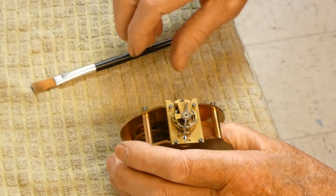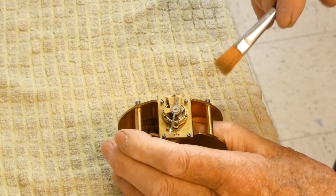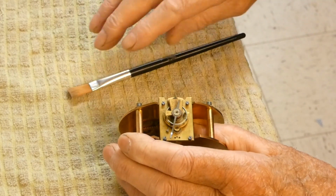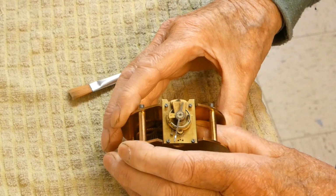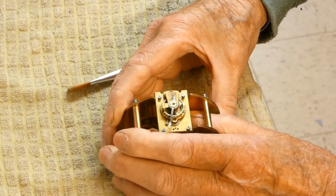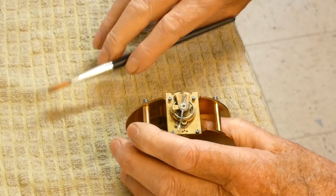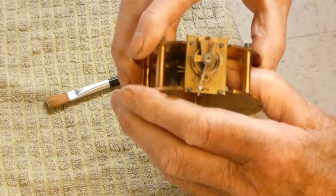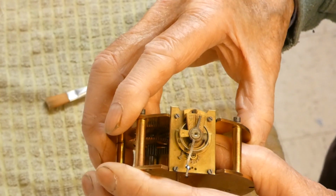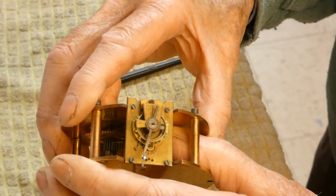Well, I've had a good fiddle with it, and with a little bit of pressure on one of the wheels inside, it ticks away quite happily. Fortunately, when it does, the tick isn't quite even. To my ear it sounds a little heavier one side than the other, and